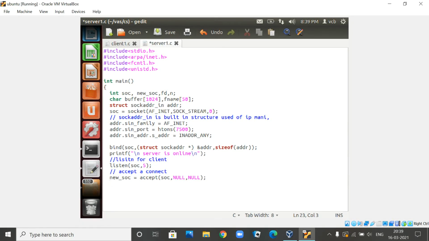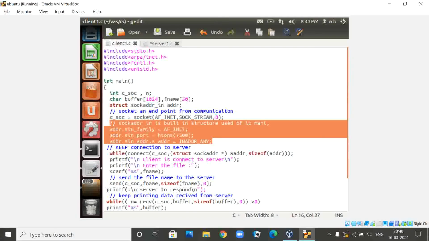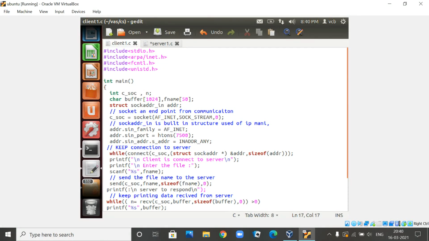So once the server has accepted a connection from the client, what is the next thing? In parallel, the client keeps on trying to connect to that particular server.